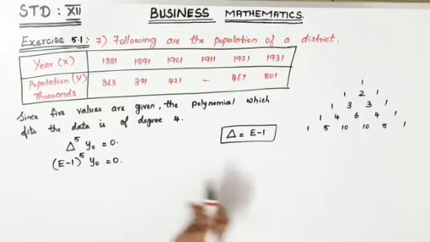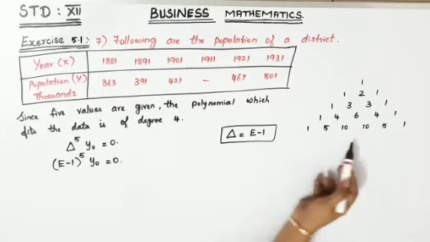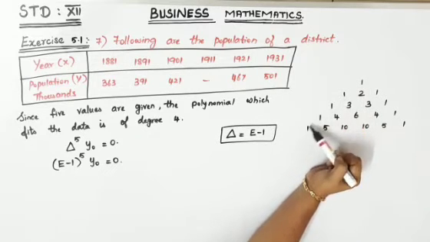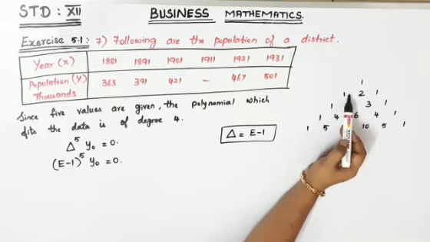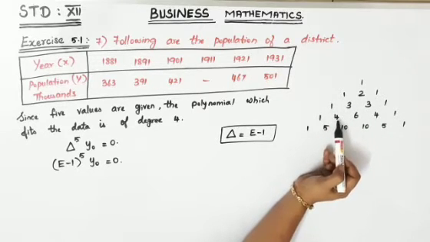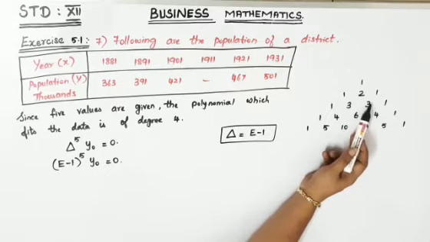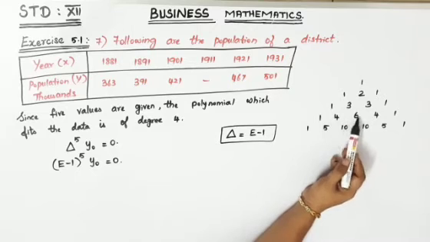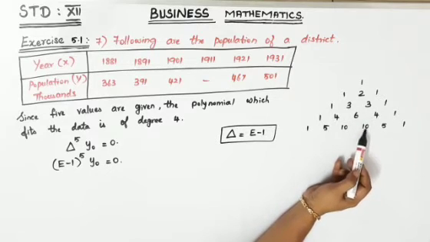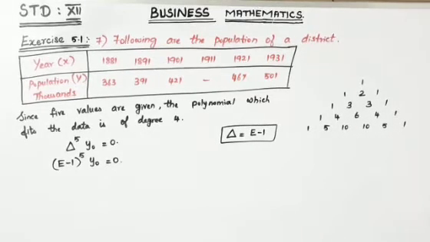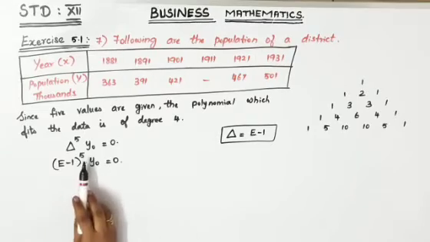So now using your Pascal's triangle, the 5th line values you will have to take it. So how to write your Pascal's triangle is 1 and the entire outside is fully 1. Now adding you will get your 2 over there. Now 1 plus 2 you will get 3, 2 plus 1 you will get 3. Again 1 plus 3 you will get 4, 3 plus 3 is 6, 3 plus 1 it will become 4. The next line is 1 plus 4 is 5, 4 plus 6 you will get 10, 6 plus 4 again 10, 4 plus 1 you will get 5. The entire outer part is 1. Okay, so this is called as a Pascal's triangle. Now 5th line you need it here.